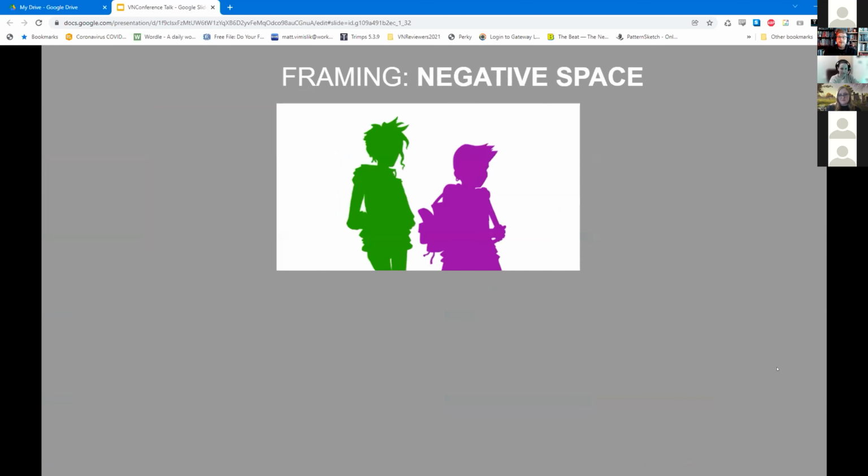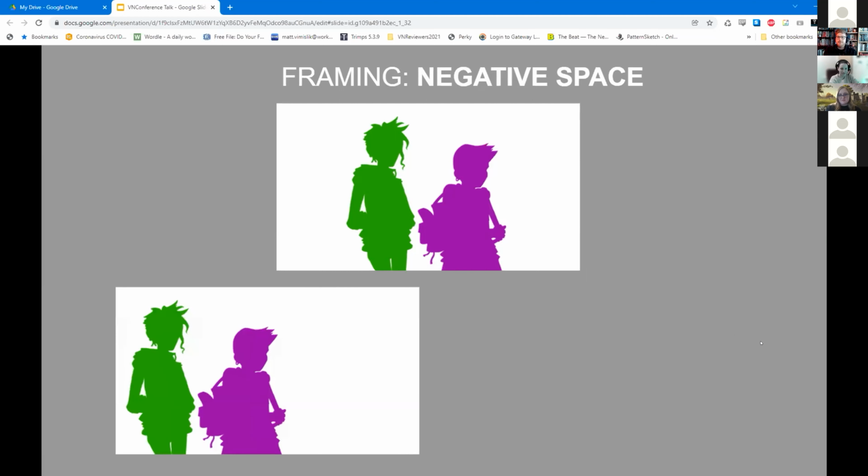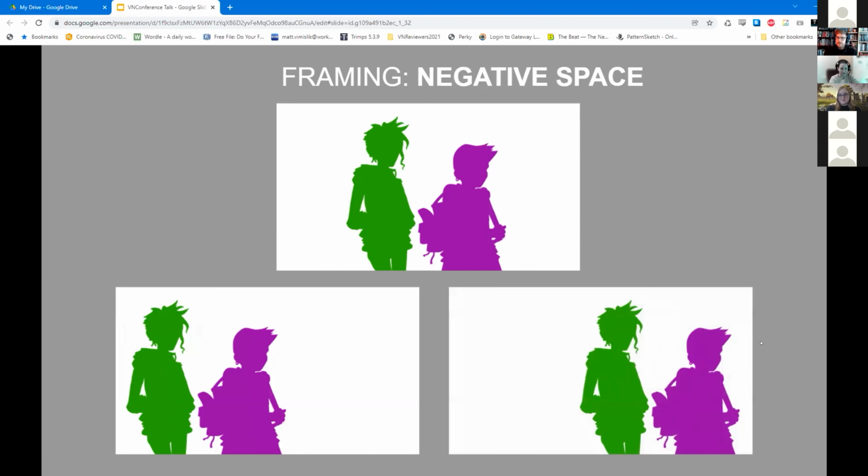Negative space is how we handle characters' positioning in relation to the environment. If you put the characters in the middle of the screen, the emphasis is on the characters. Put more space in the direction they're facing or moving towards, then you're emphasizing what the characters can see, some sort of planned, foreseeable events or things off screen that the characters are aware of. Put more space behind the characters, then the emphasis is on what the characters can't or won't see. This sort of shot is used to give a sense of foreboding.